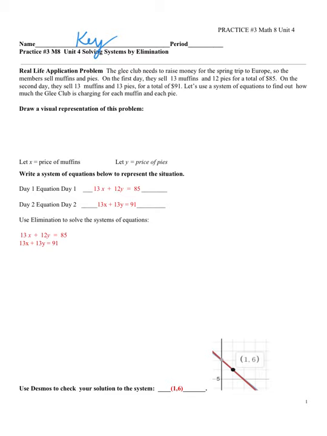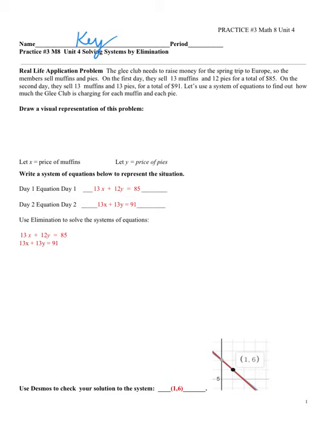The Glee Club needs to raise money for the spring trip to Europe, so the members sell muffins and pies. On the first day, they sell 13 muffins and 12 pies for a total of $85. On the second day, they sell 13 muffins and 13 pies for a total of $91. Let's use the systems of equations to find out how much the Glee Club is charging for each muffin and